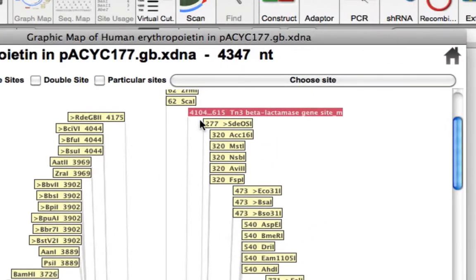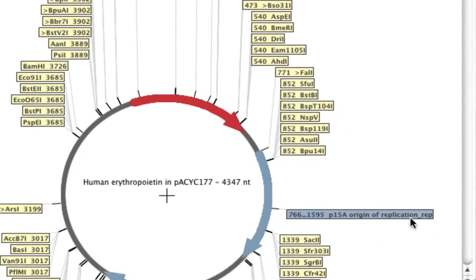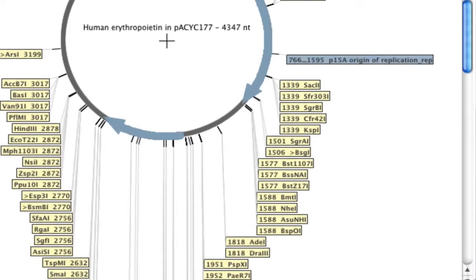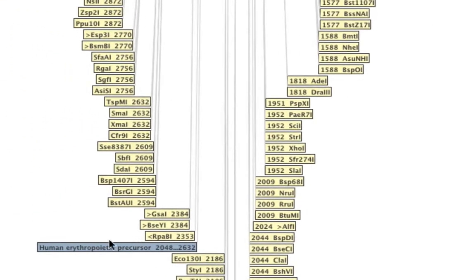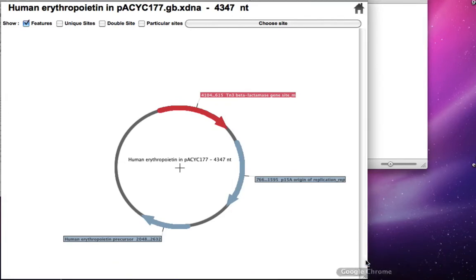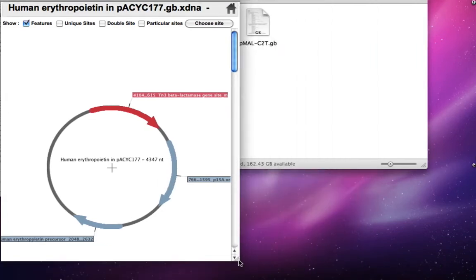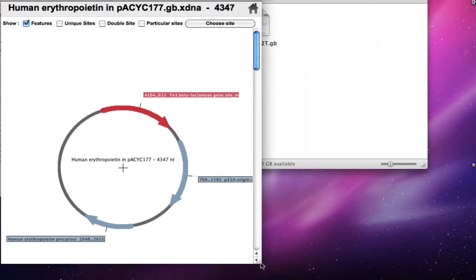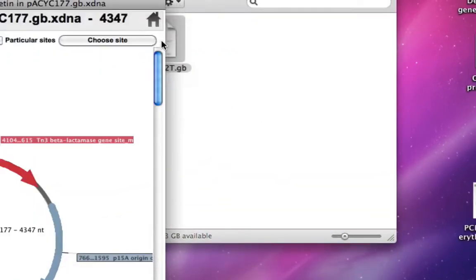It has some other components, an origin of replication, and then down below we have this human erythropoietin precursor from 2048 to 2632 base pair. That's where our gene is. So we want to subclone this in the pMAL vector and produce the protein as a fusion protein, right? Fused with maltose binding protein.